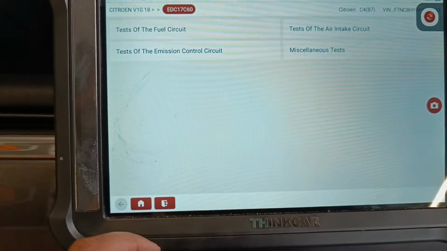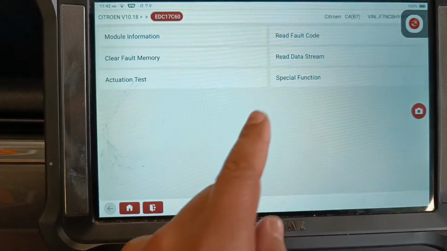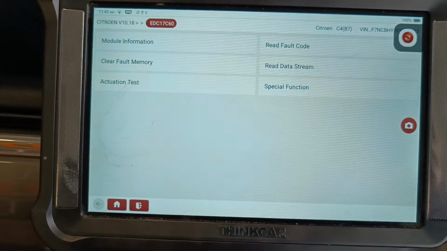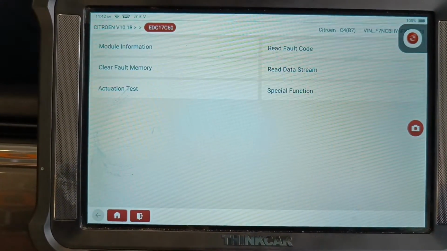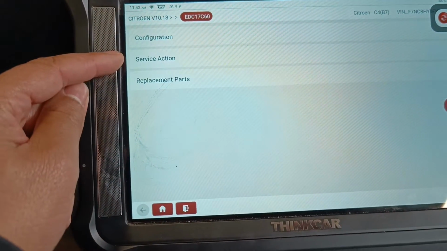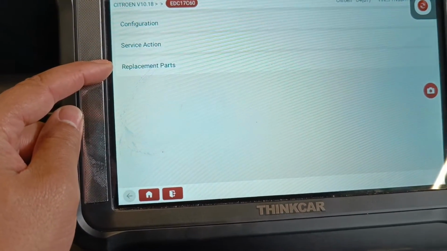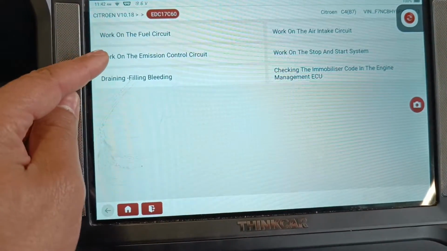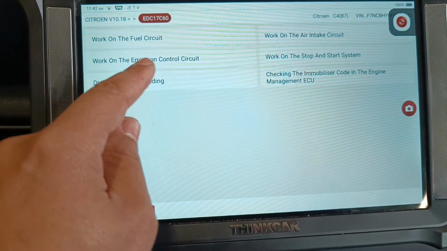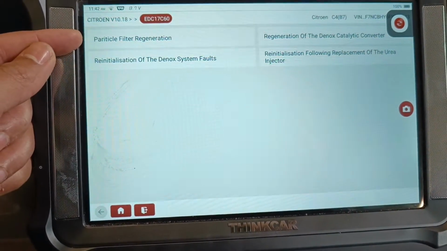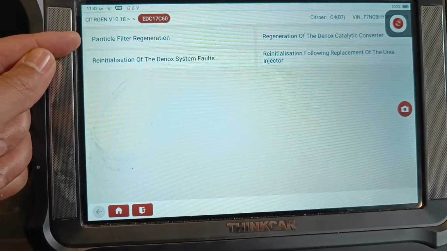If we're deleting the AdBlue system, or we've already fixed it and we're wanting to get it all good on the diagnostics, we go into special functions, and we need service actions and replacement parts. As you go in order, service actions, emissions control system, because this is to do with AdBlue and DPF, and then here I can reset data for the DPF if I was doing a DPF delete,